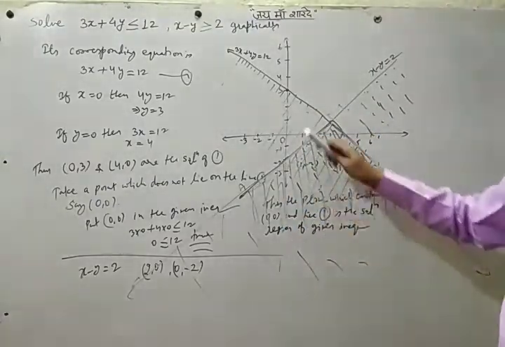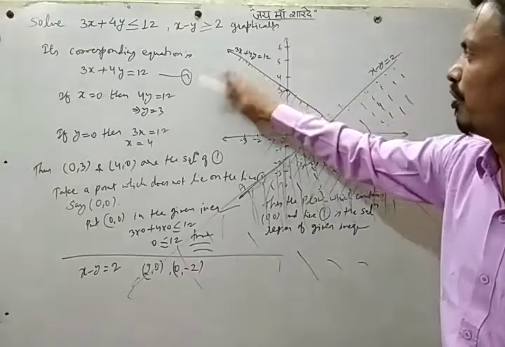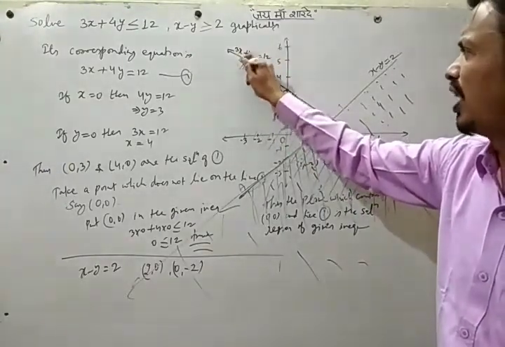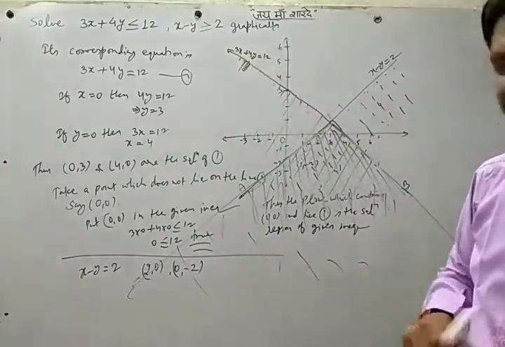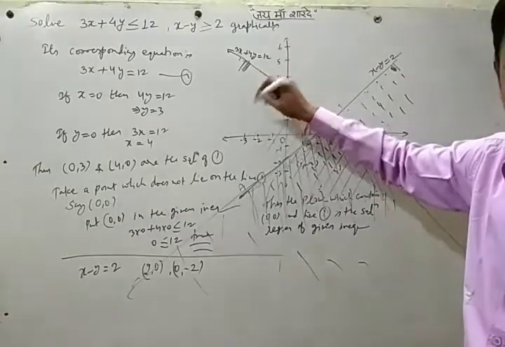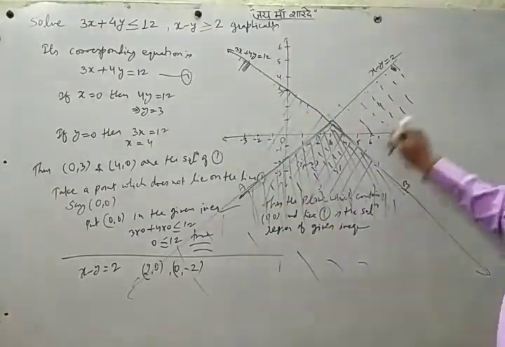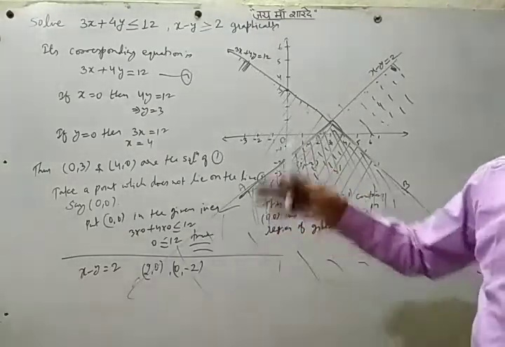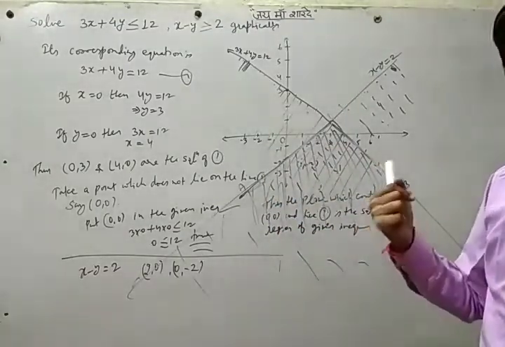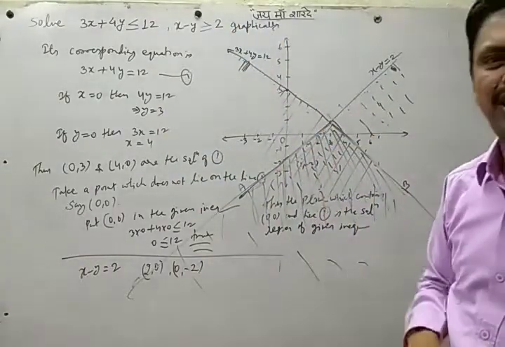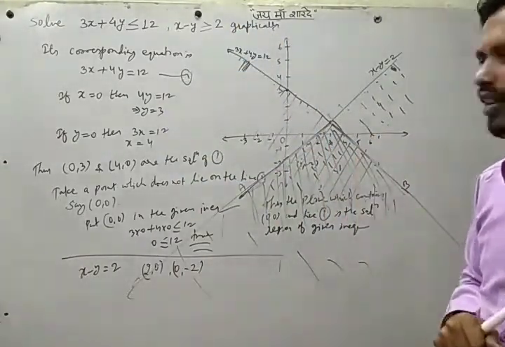So for that, no need to draw the complete portion for one inequation. For our understanding, you can just draw one or two lines, saying this is the common solution for this, this is the common solution for this, and then we can find the common part. Okay. This is very important for class 12 also. We have one chapter based on these inequations in class 12, and it carries 6 marks.